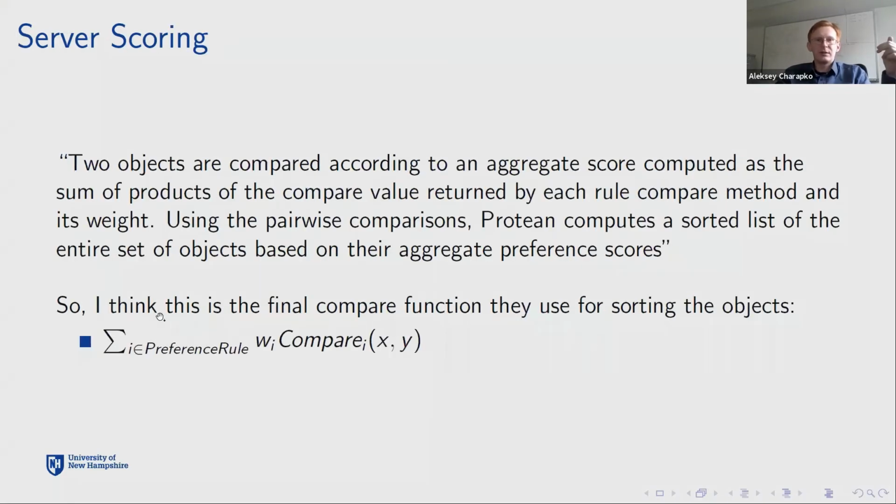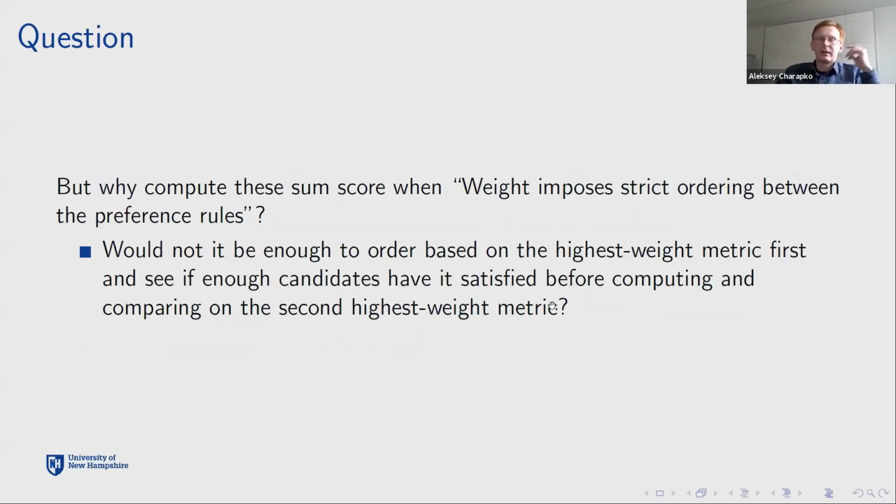But somehow they still evaluate all of them, sum them up, and come up with this combined compare function over all the preference rules. To me, it seems like a waste of work. So most likely I misunderstand something. Anyway,